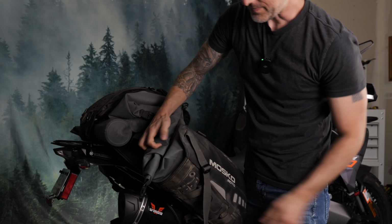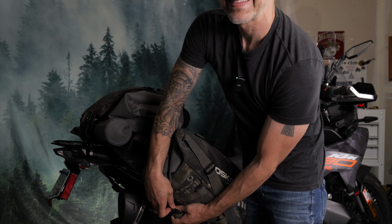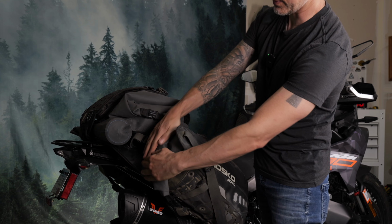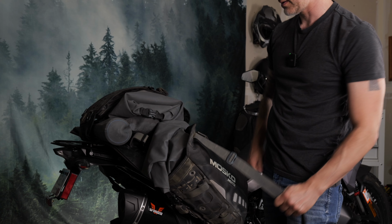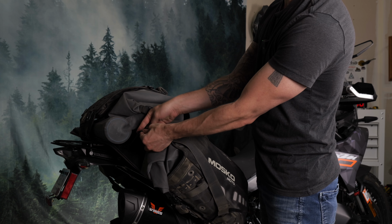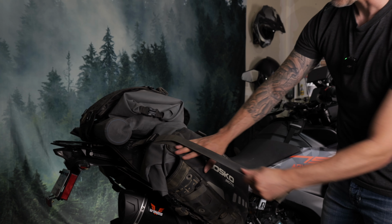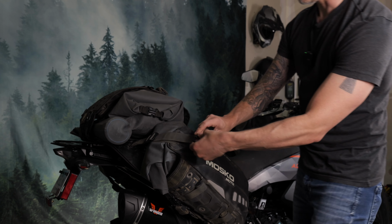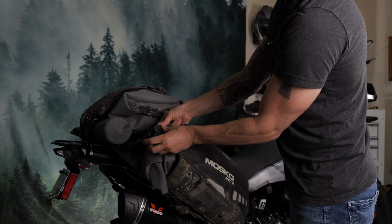You wrap that up like that. You have a strap on the bottom that hooks, and a strap on the top. So this bag is now latched to the top side and bottom side of this sling here. And then you have another strap that goes over the top. Buckles in, pull it tight, and wrap up the loose ends. And you got some Velcro straps here